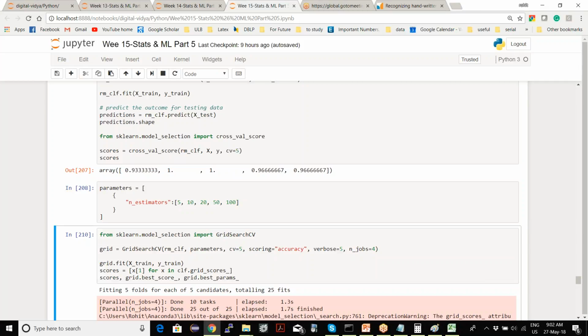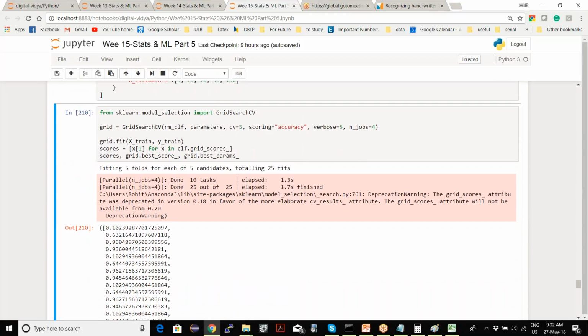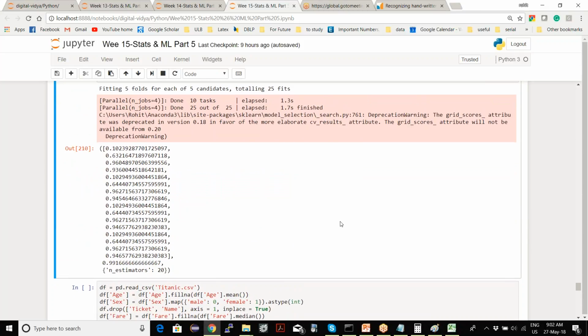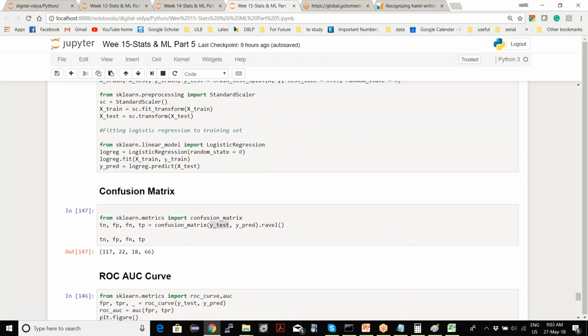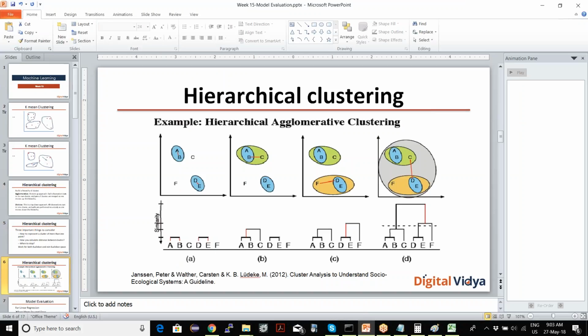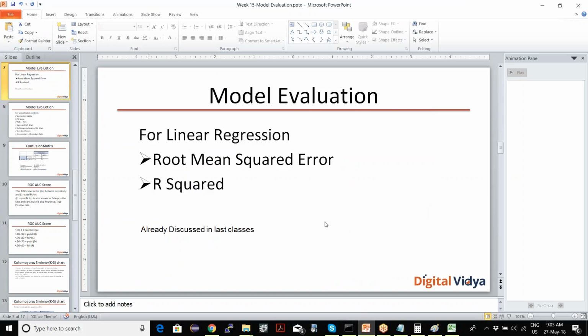To avoid that, so it's not just by chance that the random train and test split happens in such a way that one model gives a better result than another, we solve it using cross validation. But even after that, what are the different approaches in which you could compare two different models? That's our next topic, model evaluation.